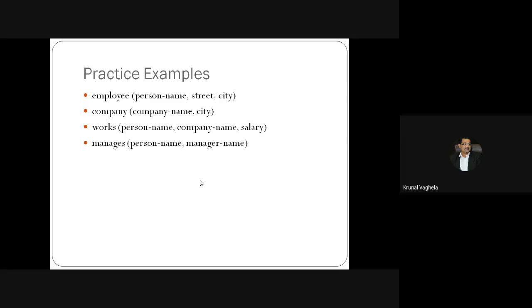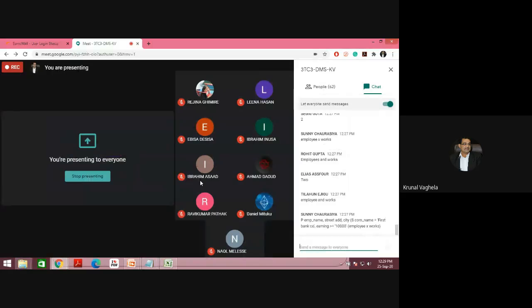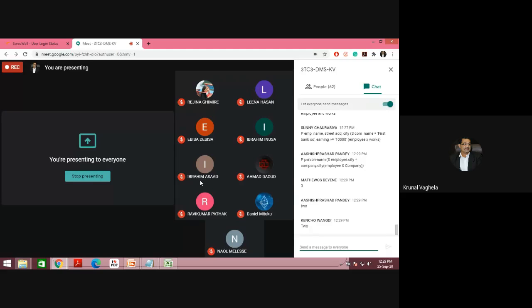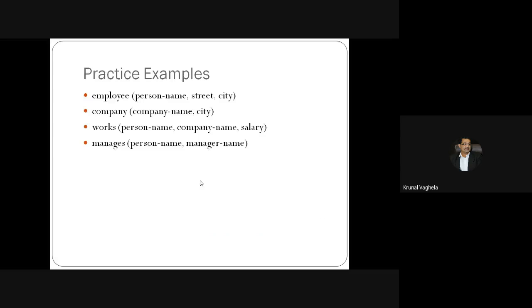How many tables do you need? 3, 2. Any answers? 2. Which ones? Employee and company.